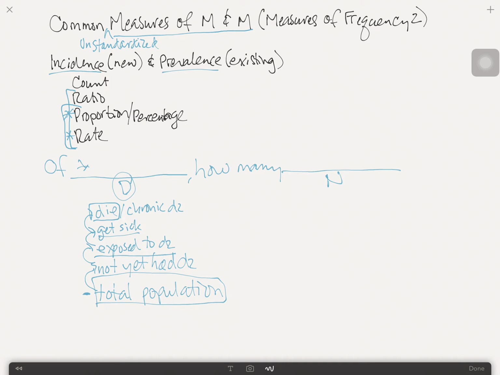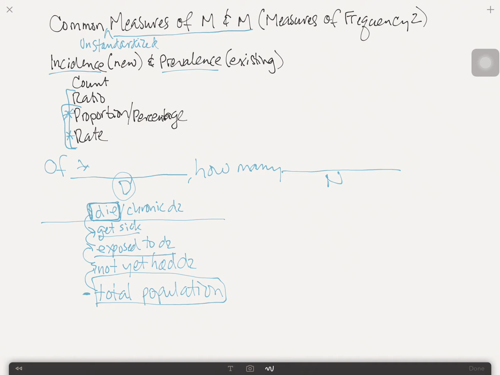Another way of thinking about it is we can use, even within each of these levels, like let's say we pick this group that dies. Of all the people who die, what percentage die from diabetes? What percentage die from heart attacks? And that is called our proportional mortality rate. So even within a level here,